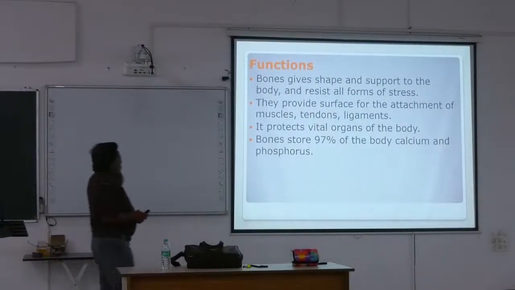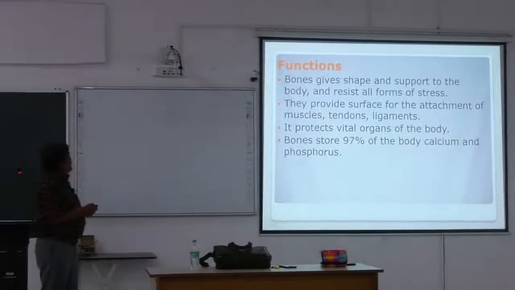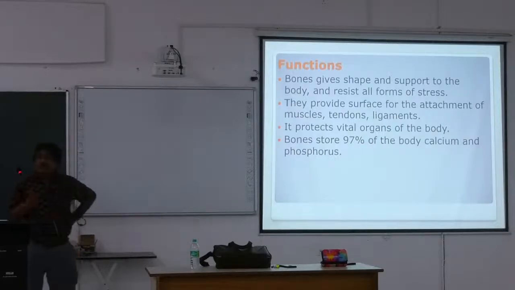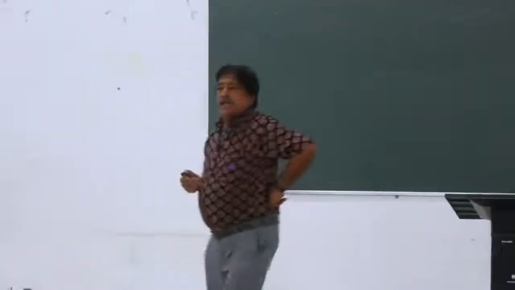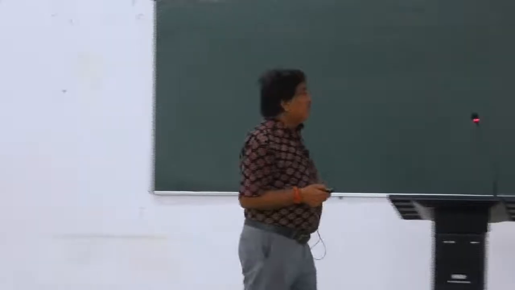Bones give shape and support to the body and resist all forms of stress. They provide surface for the attachment of muscles and tendons. They protect vital organs of the body. Bones hold 97% of the body's calcium and phosphorus. Now in different diseases, if there is calcium depletion or something like this,